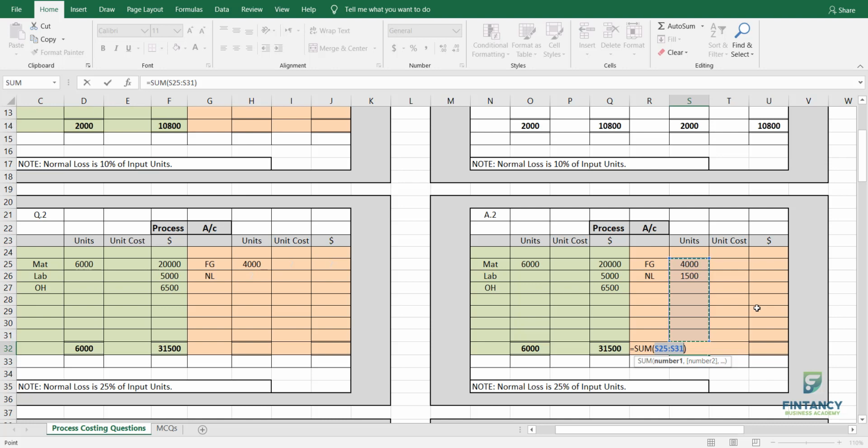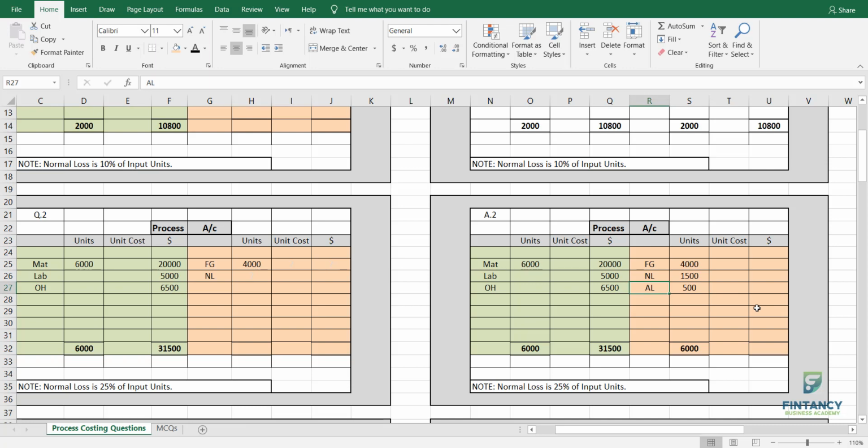This should be 6,000. But this is how much? This is 5,500. It means what? It means my actual loss is more than the expectation. Getting it? So to balance it, what will happen? You have to write 500 here. When I write 500 extra here, it will become 6,000. See? So how much extra loss is there? 500. So we call it abnormal loss.